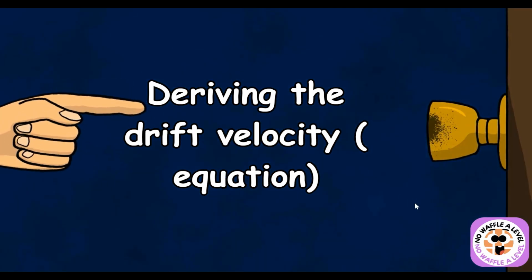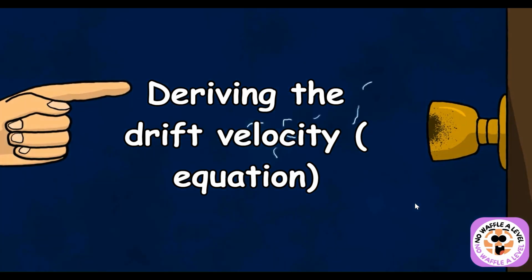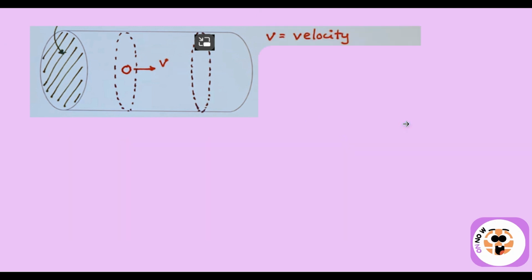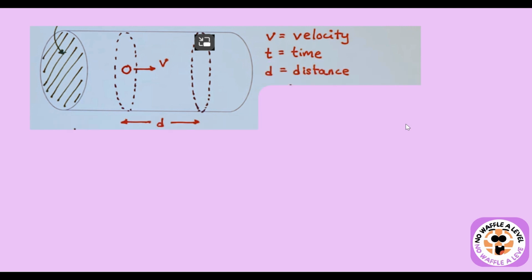Let's look at how we can derive the drift velocity as an equation. So this is a cross-section of a wire, okay? You've got the shaded section, which is the area, and you've got a point. You can see that there's an electron trying to move from this point to that point. So let's say that v is equal to velocity, t is equal to time, d is equal to the distance required to travel,